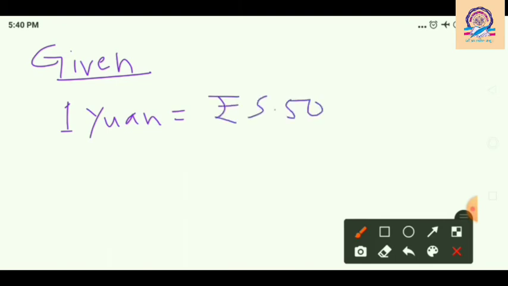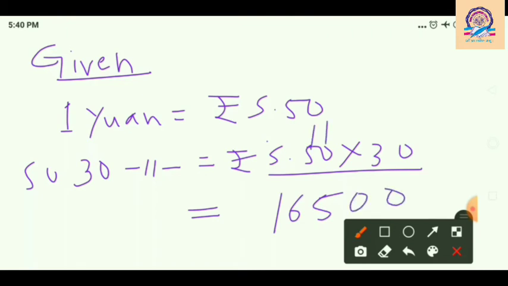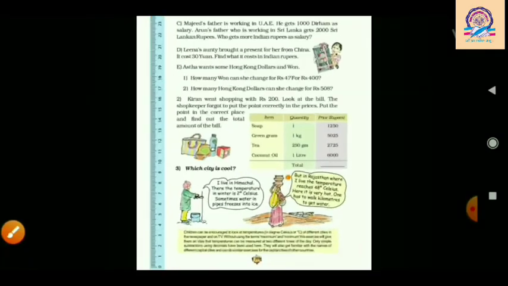5.50 you can also write. So 30 yuan is equal to 5.50 multiplied by 30. So it's a simple multiplication. It is 3 5 ja 15, 1 carried, 3 5 ja 15 plus 1 16, and 2 zeros are here. Now count the digits after decimal. 1 and 1, 2. 165 we got. Okay, so 165 rupees will make 30 yuan. Now come to the next question.